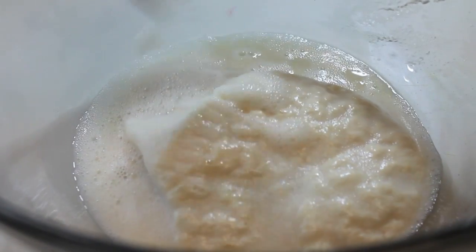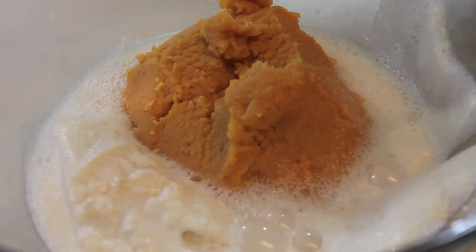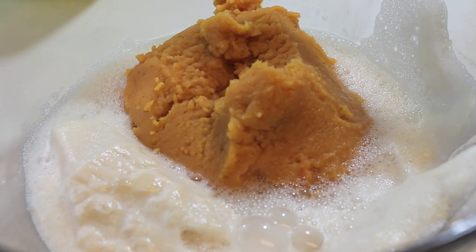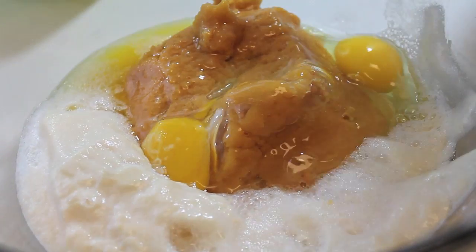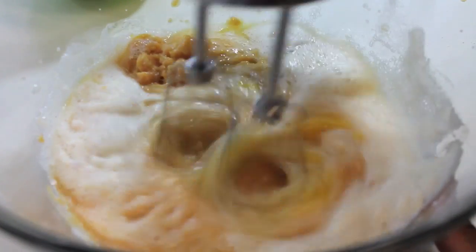And in a separate bowl, we're going to add our yeast. So as you can see, it's nice and foamy, ready to go. And now we're going to add our sweet potatoes to that mix. Along with those two ingredients, you'll need 2 eggs. And now we're going to grab our handheld mixer, and we're going to mix everything until everything in that bowl